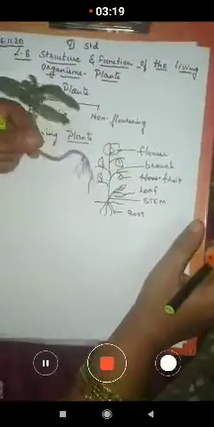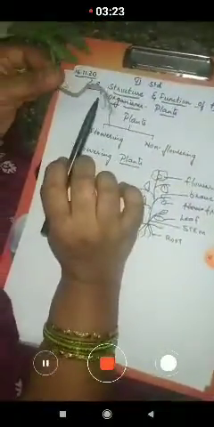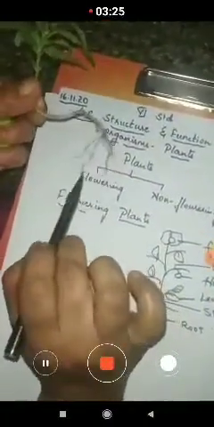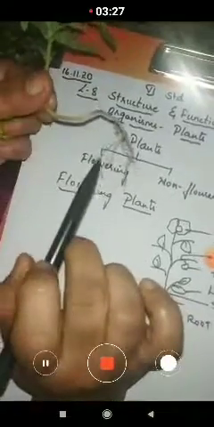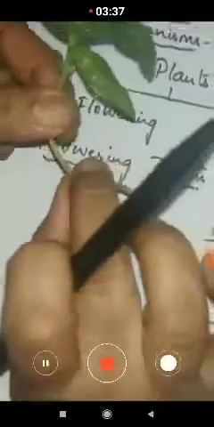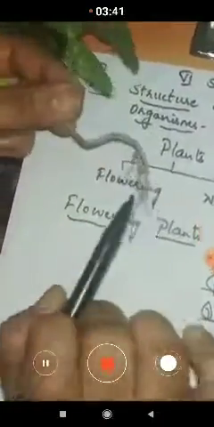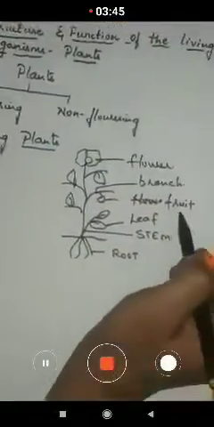So when we take up the plant, here we can observe a small plant I have taken. Children, here you can observe this is the root. Here you can clearly see the small branches. This is the root, this is the stem, this is the leaf. Here it doesn't bear any flower. So here we can observe the different parts of the plant. When you draw this, you know the different parts of the plant.